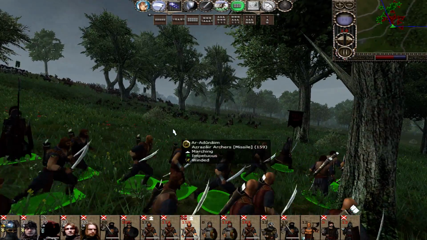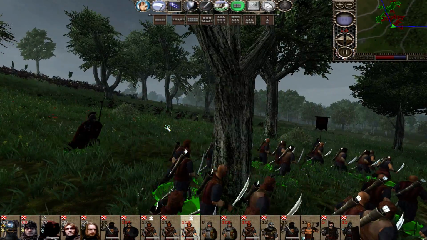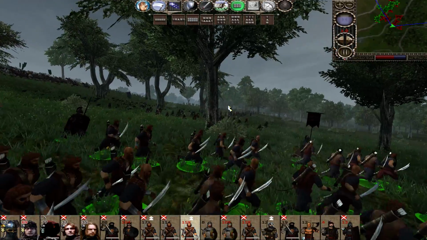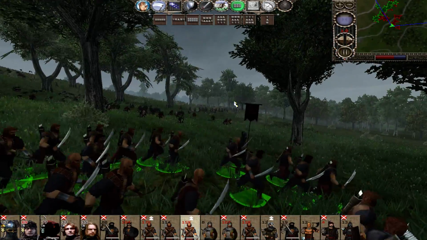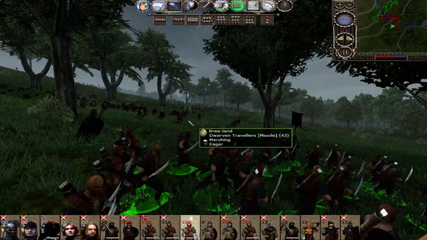The bodyguards are thinking better of it. Oh, they're chasing down our archers by the looks of it, and so's the cavalry over there. You're about to get some guests, I'm afraid, guys. Oh, the officer just took one to the face. He shrugged it off, though. On he goes. Dwarves are trying to catch us, but they're not getting anywhere.